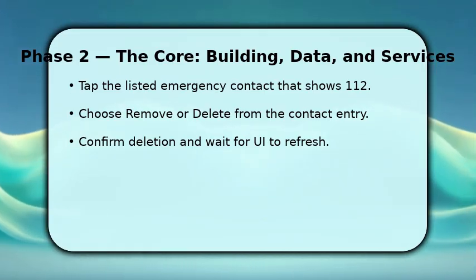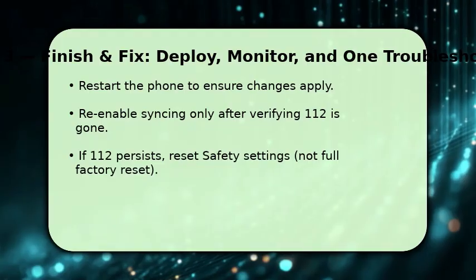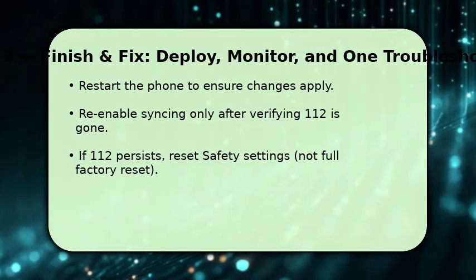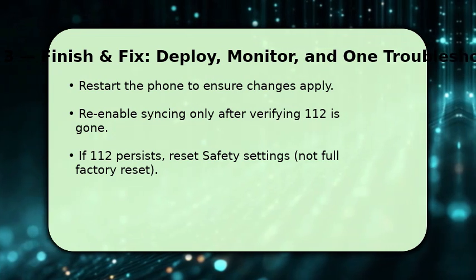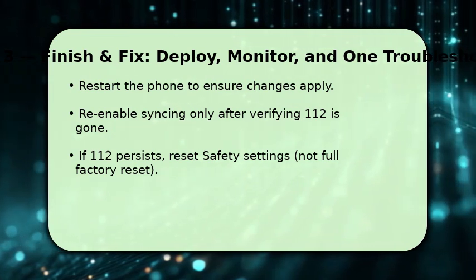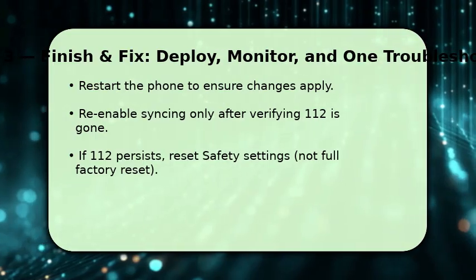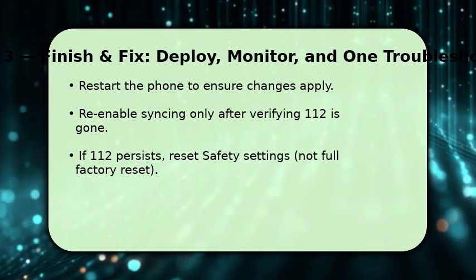then try again. To complete the process, restart your phone so the setting fully applies across services. After reboot, reopen Safety and Emergency to verify the number 112 is removed. If it still appears, go to Apps, show System Apps Emergency button app and clear its cache and data, then